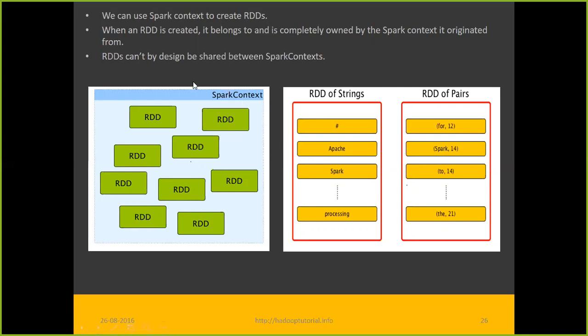The scope is, as long as your Spark context is live, your RDD will be active. So if you take this Spark context as the scope, any RDDs you create are within the scope of it. Once you close this Spark context, all RDDs will be lost. And this is a single RDD of strings. This is one string, this is another string, and another string. You can also treat this as a list of strings. And if it is a map, another collection type, you can take this as an RDD of pairs. If you have key value pairs, you can create RDDs of pairs also.